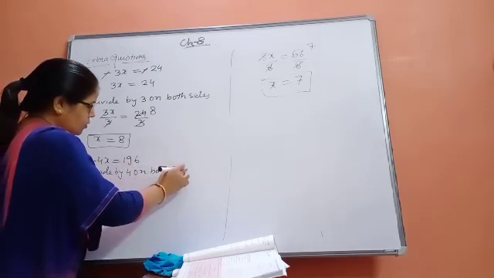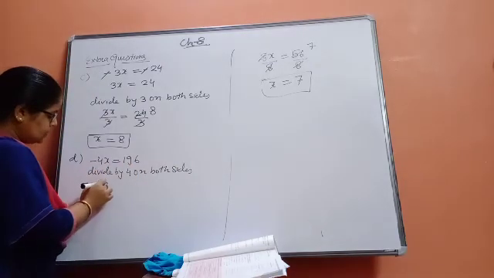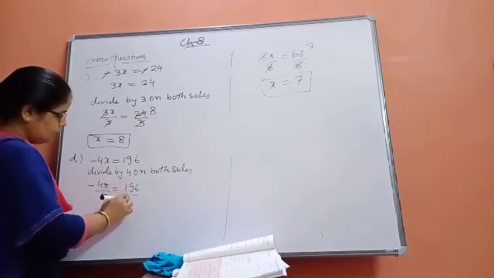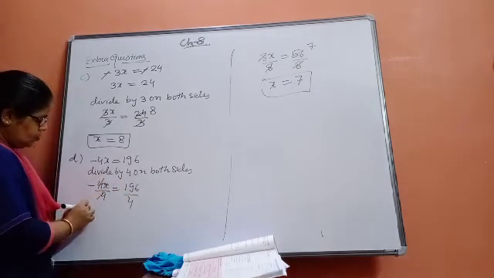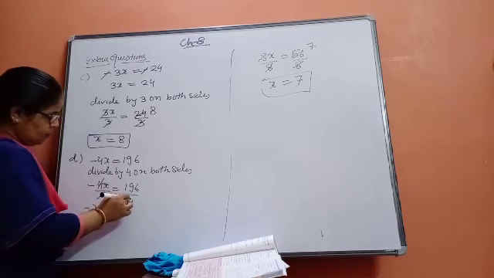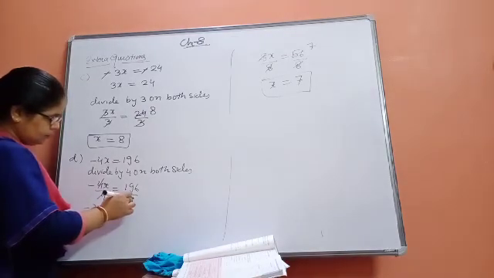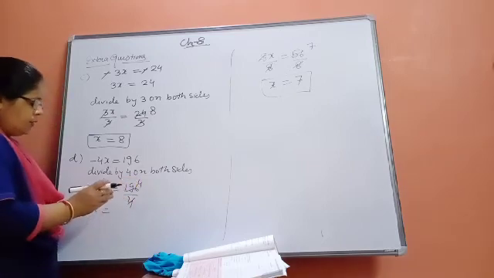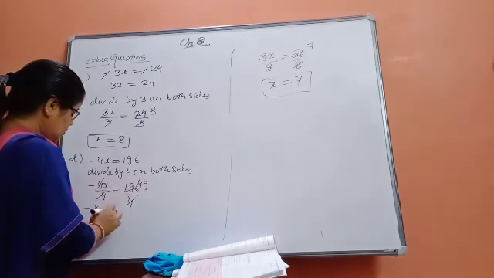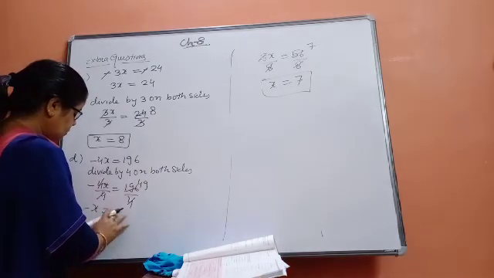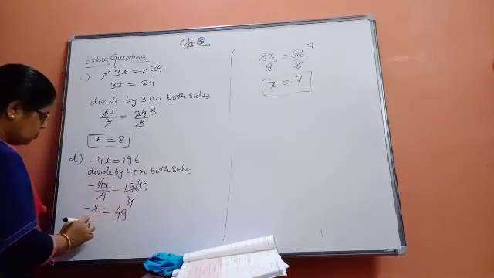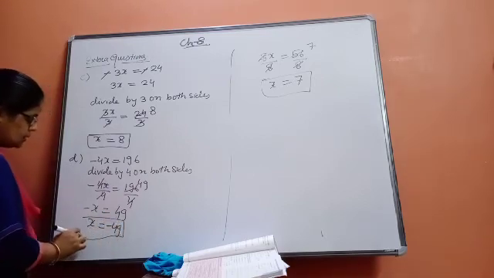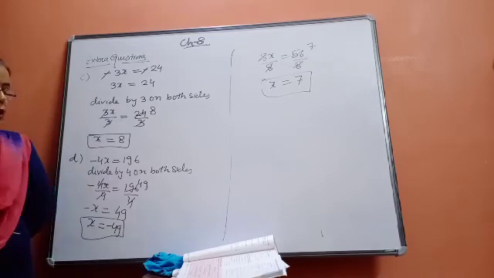Okay, so minus 4x upon 4 is equal to 196 upon 4. 4 and 4 can be cancelled. So minus x is equal to, beta, 4 1s are 4, 4 9s are 36. Minus x is equal to 49. So x is equal to, beta, how much? Minus 49, and this will be your answer. So in this way you will complete the question.